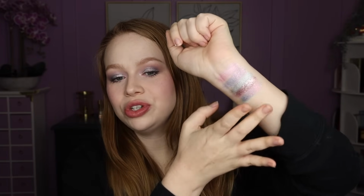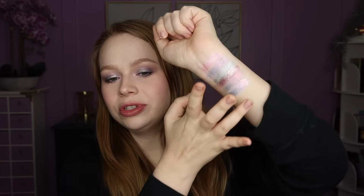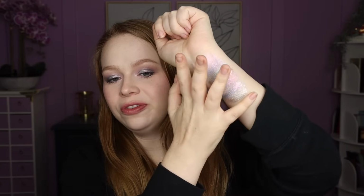Ensley Reign also just has such beautiful shimmer shadows, so I don't know, you guys let me know. Do you want a full comparison? Because I will do it. Now that I own it, I can do it for y'all. But there's what that looks like together. I mean, stunning. So in my head, with those first two palettes, I was like, okay, I've got my cool tone neutrals